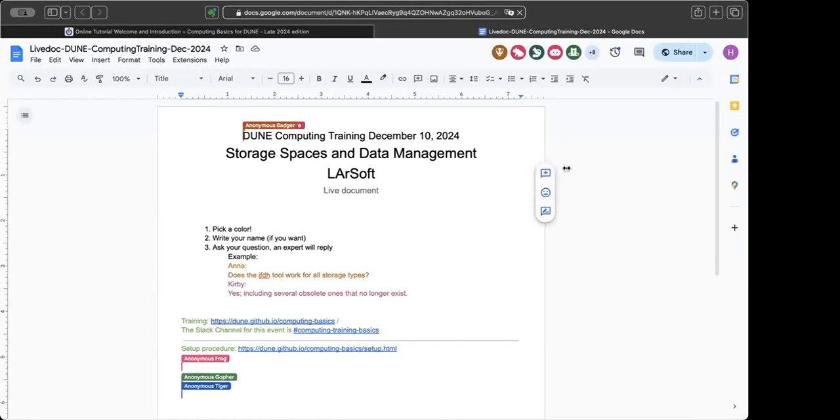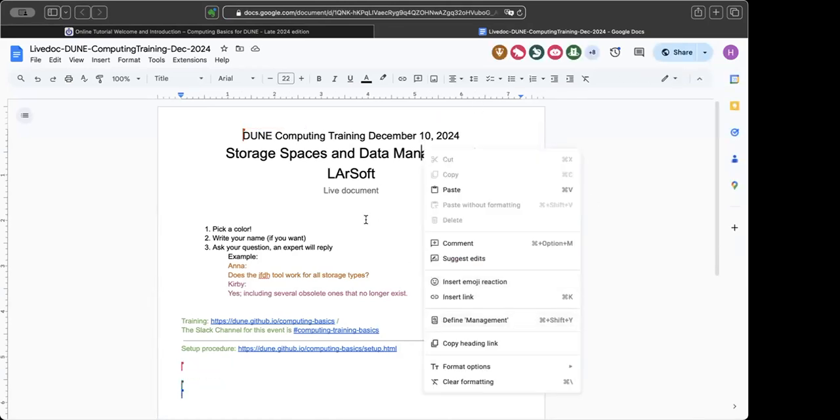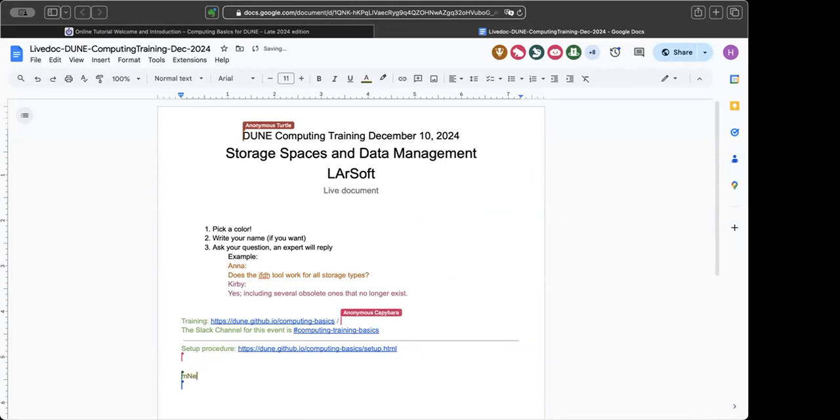Could the mentors sign in here so that people know who you are? If you're one of the mentors, just put in your name here. I'm actually one of the mentors, so